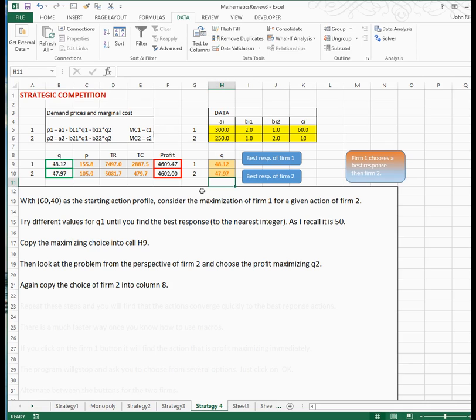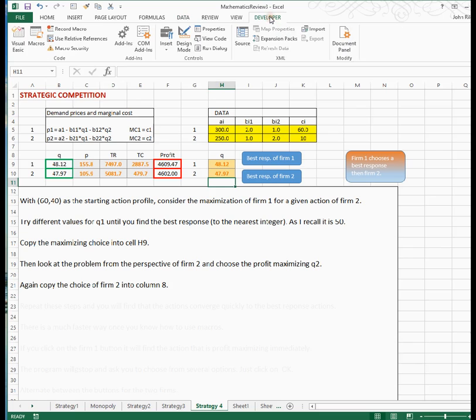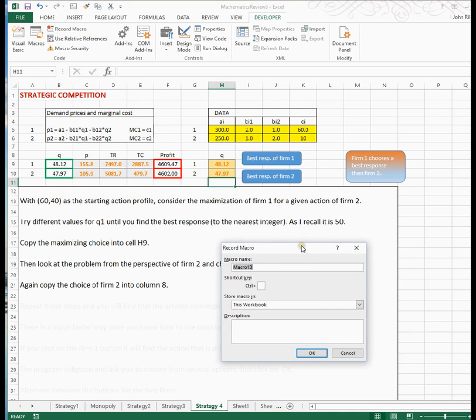And that was pretty quick and very accurate, and we're getting pretty close to those 48s, which you think is probably the solution. But there's an even better way. Rather than take those steps, we can record those steps. So this is really beautiful. As long as you've got the Developer tab, again, I have to remind you how to set that up, hit Developer, we can record a macro. It's just keystrokes. So we're going to call this